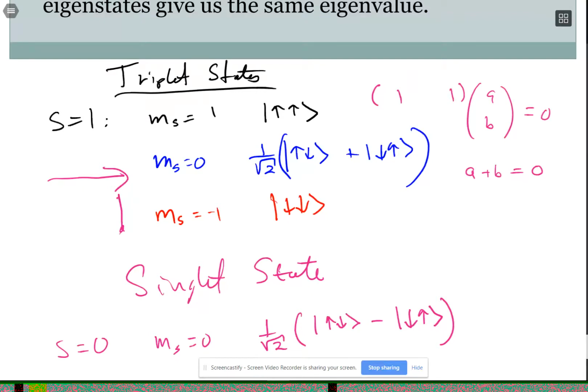We used the ladder operator. We raised it. So what should happen if I put the raising operator on this state? Should go to the next one. So if I put the raising operator on it,